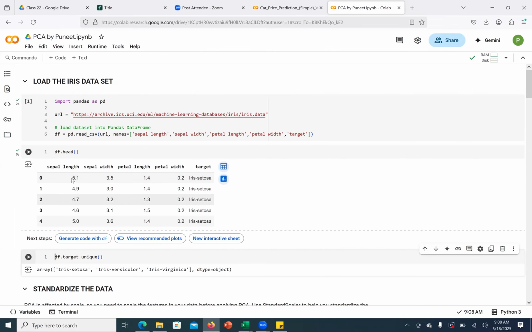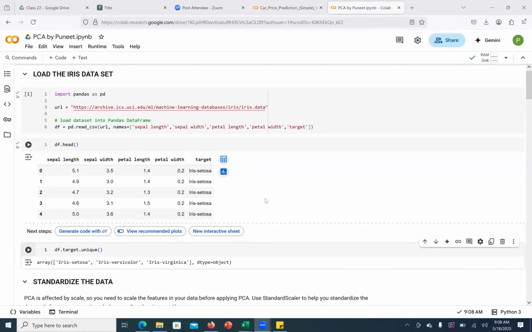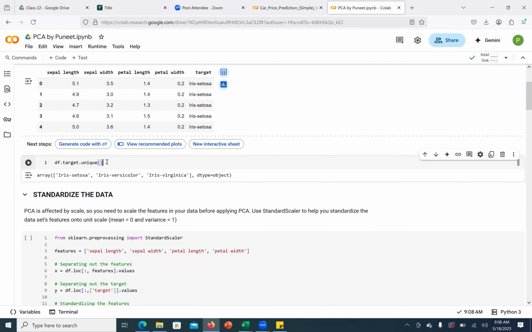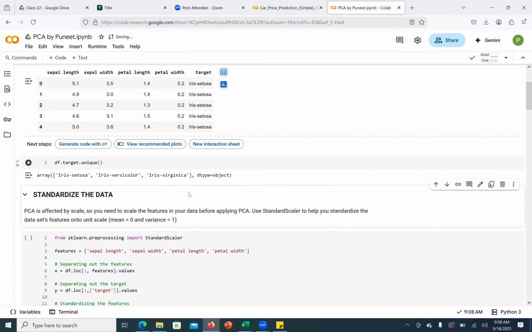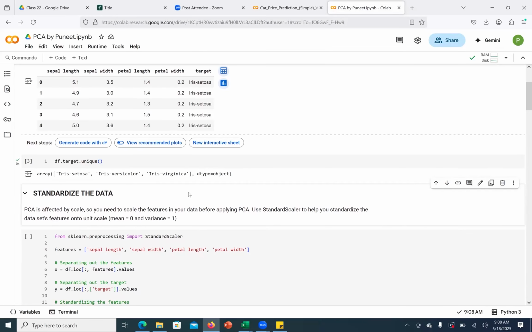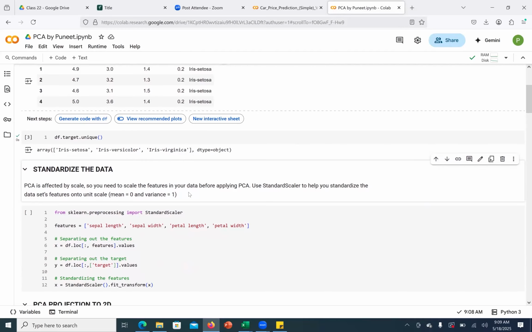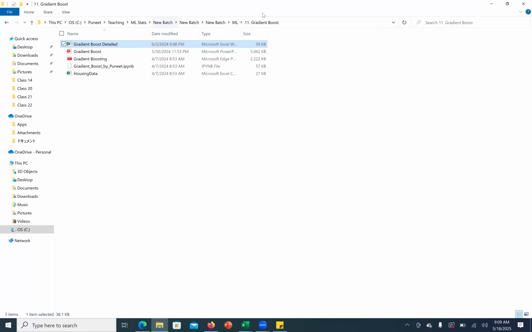And if you look at the data set, it has values for length and width of sepal and petal. And we have three classes: Setosa, Versicolor, Virginica, right? These three classes are there. Now, PCA is also a distance-based algorithm, okay? Because, if I would have to give an example,